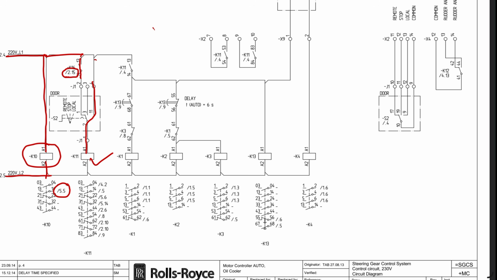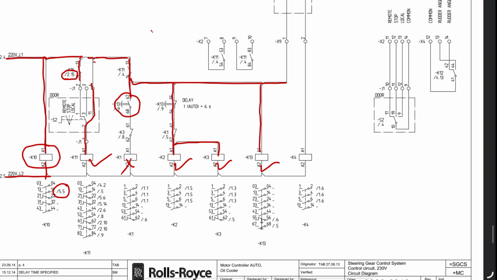K11 is there in a lot of places. So first of all, we'll see this part, K11. This gets closed, so supply comes here. Now this whole line has supply. Now we see K13. This part is open now, so this one will be activated. This one is closed, all closed, and this is all closed. This line is also closed. So now all these three relays will start.